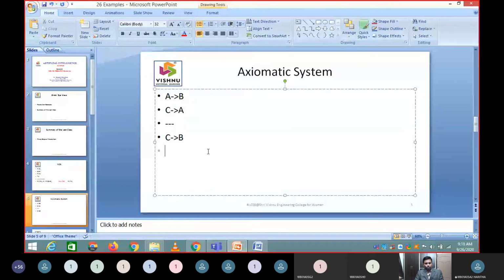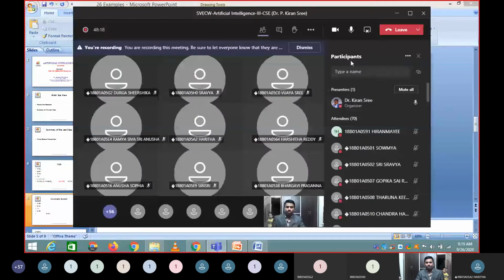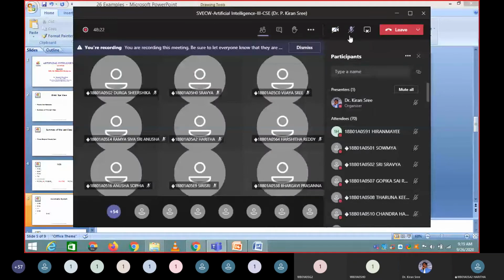So how can I start applying the rules? Can I take C to A? If this rule was taken, how can I apply the first rule for this? Just a minute.